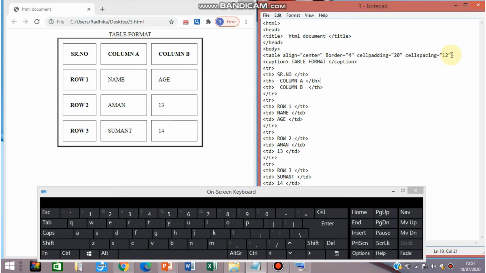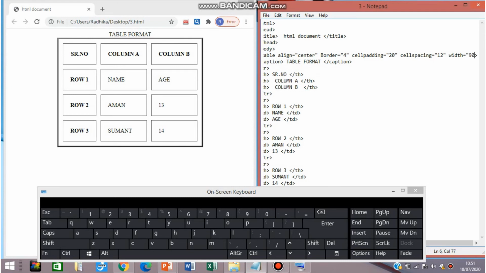And we can also use the width attribute. Let us see what happens when we use it. Width is equal to, and I am mentioning the value in percentage. When you mention it in percentage, it sets the width as a percentage of the window size. Whatever your window size is, your width will be set in percentage of that.